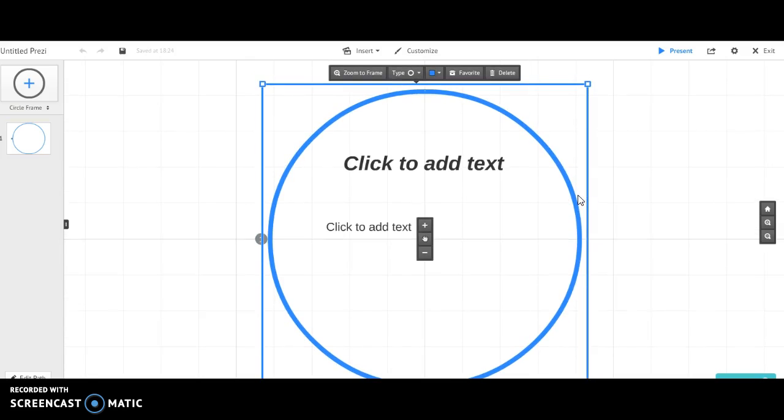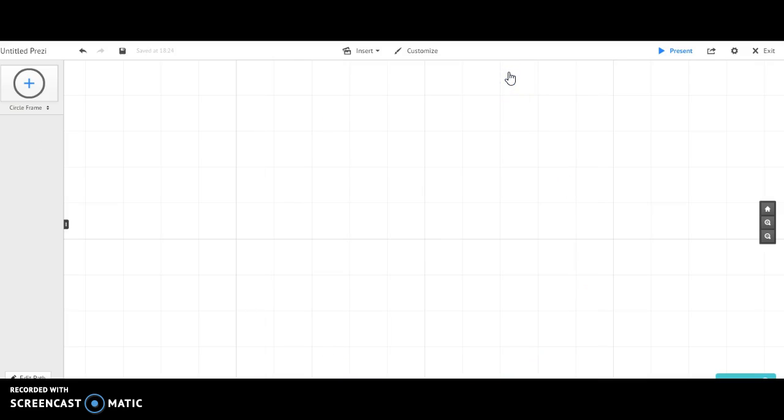They call it placeholder. I don't like it, but it's up to you. To get rid of it, it's very easy. You just click on it and then go ahead and delete. Well, a good Prezi is normally